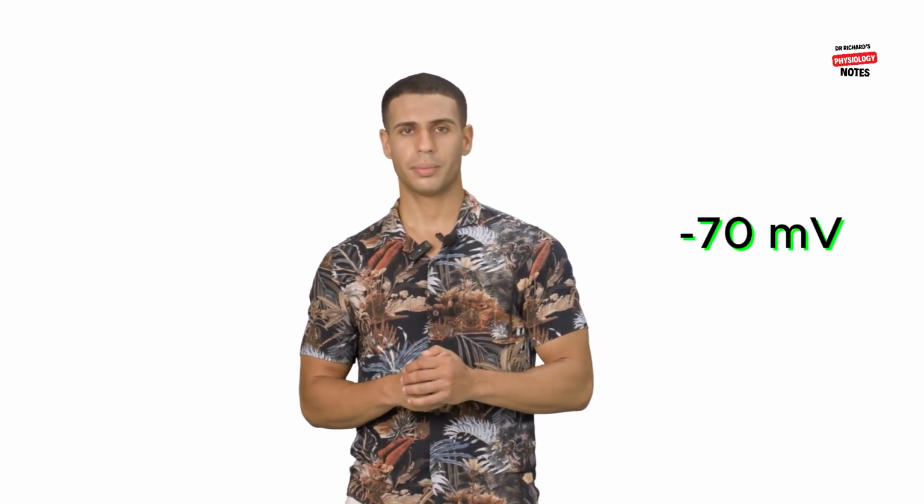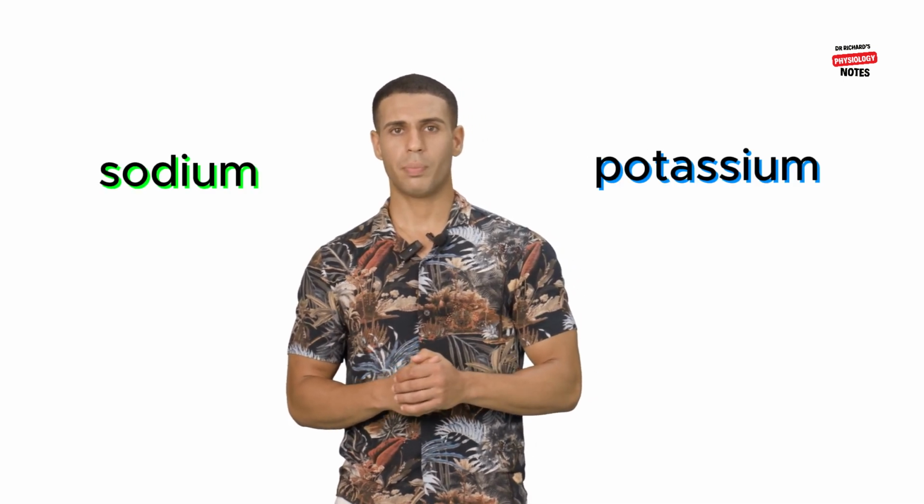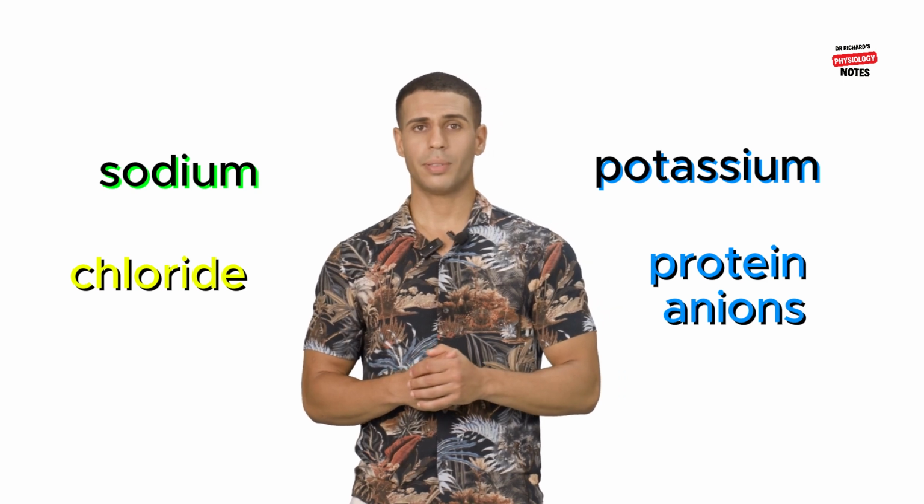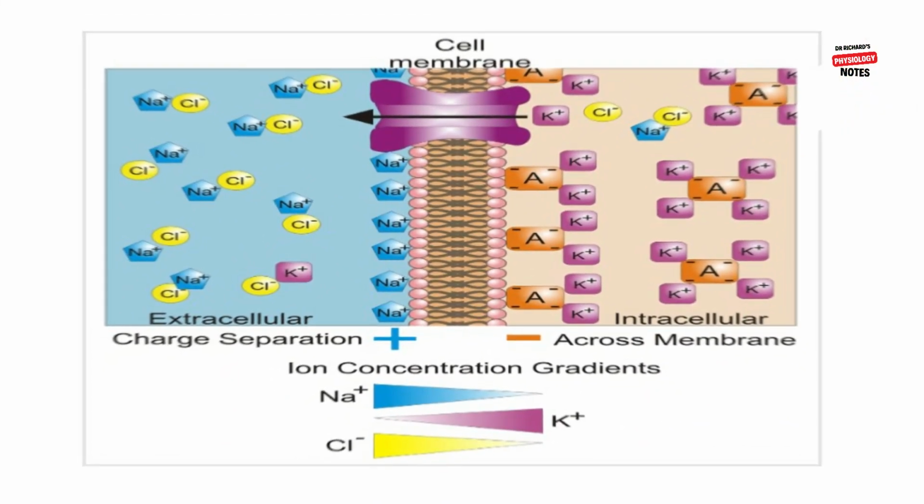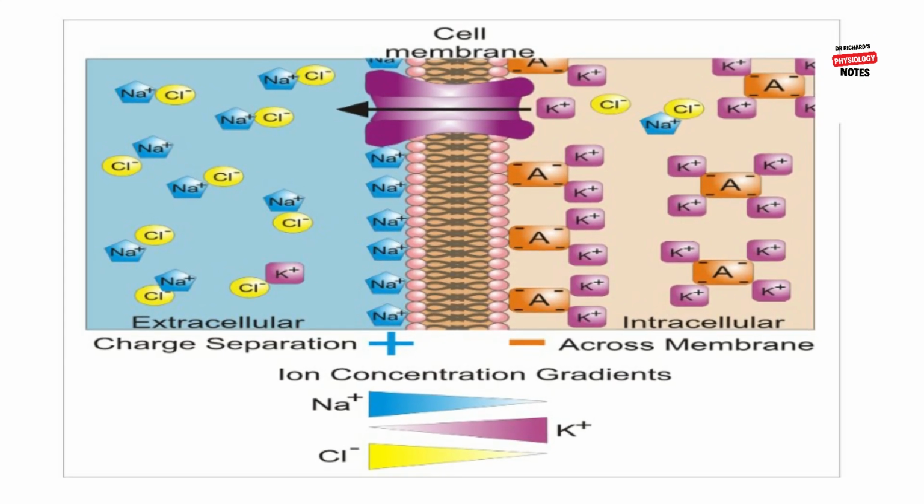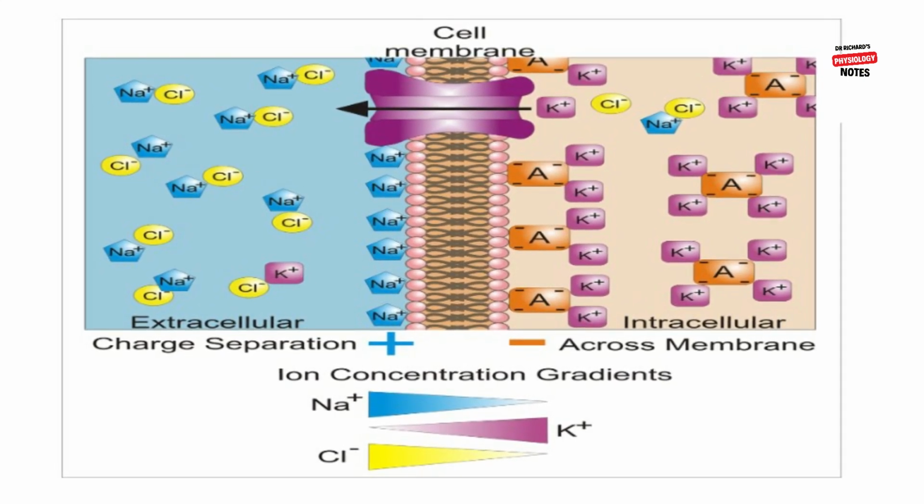The potential difference across the membrane of a resting neuron is about -70 millivolts. It is generated by different concentrations of sodium, potassium, chlorides, and protein anions. Ionic differences are the consequence of differential permeability of the membrane to sodium and potassium, and also the operations of the sodium-potassium pump. The membrane is more permeable at rest to potassium, so more potassium diffuses out of the cell